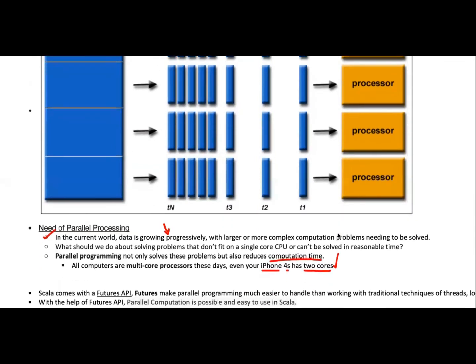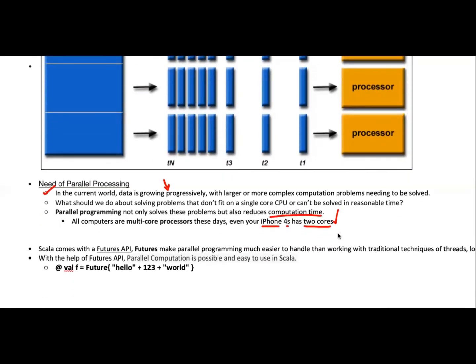So this is about parallel processing, but how do we achieve it in Scala? The Future APIs are there, which let you execute things in parallel. In Scala, it is very easy to use the Future APIs to achieve this parallel processing. If you add some new task, some variables, some new things in a Future, they can all execute in parallel, because the Future API is designed to execute things in parallel.